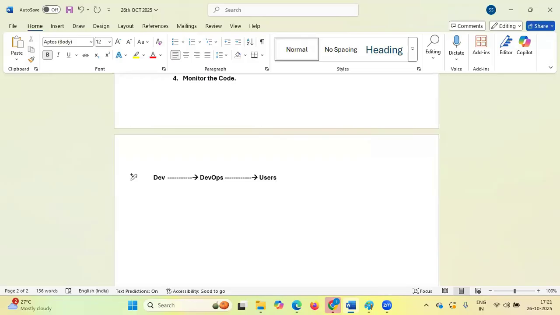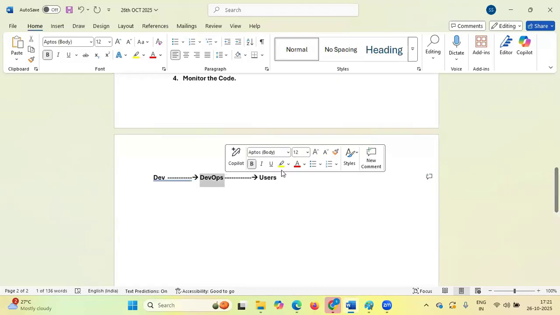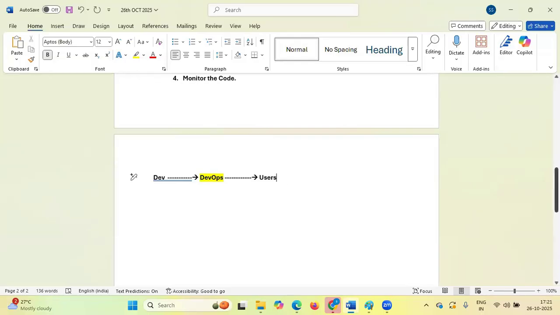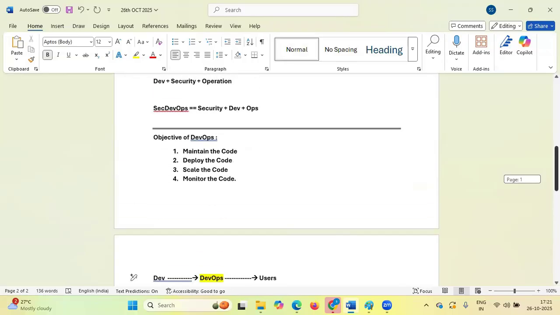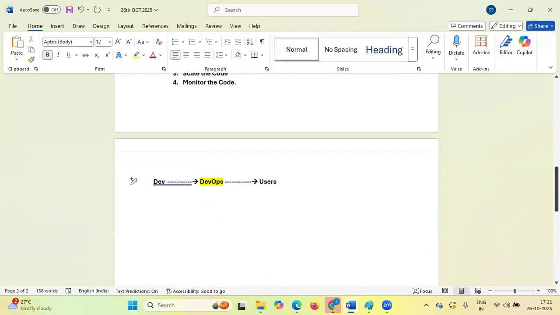Like any application, the developer develops, and then the DevOps engineer deploys the code, or puts it into the market. That is the DevOps engineer. I'm not going into that much detail. This is the work of a DevOps engineer in layman style.